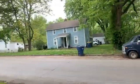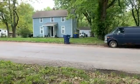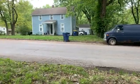So right there, that's 823 Church Street. This is a pre-1900 or older house that has been remodeled with new siding. Additions have been added to the rear. One clue indicating the early construction of this house, the one preceding and the one following, as well as other